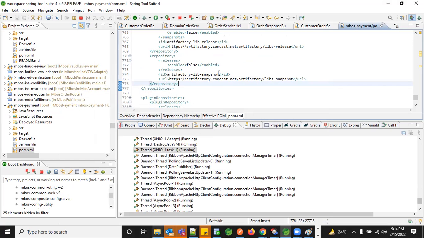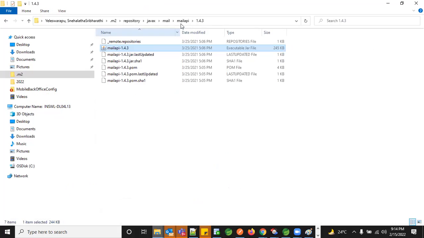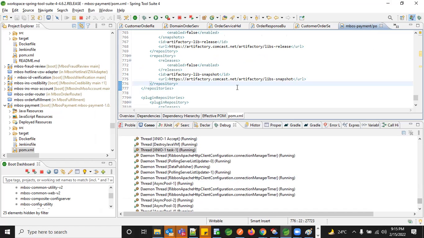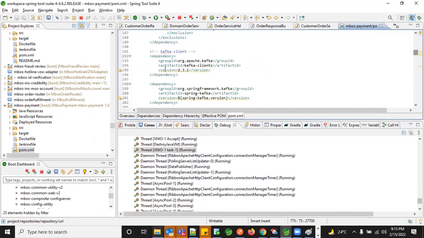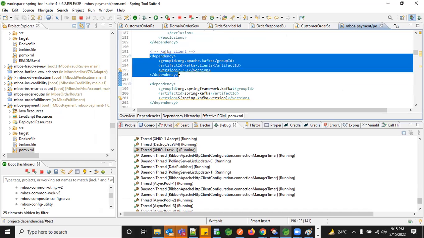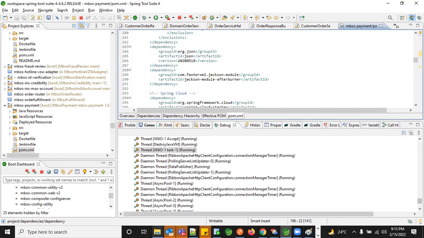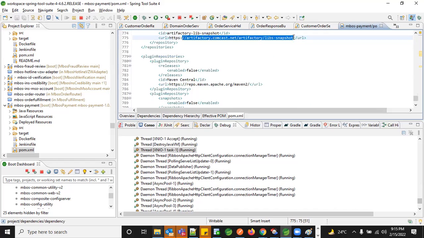Once you create it and you want to publish it, what we do is, say you're using mail API 1.4.3 jar, I go into that particular Artifactory, upload that jar, and give this path. And in the dependency, I'll just give the mail application path, so javax.mail, mail-api, and the version 1.4.3. That's it. This dependency will help me fetch the jar from the remote path which I have given in the repository. So I don't need to download it locally. It will take care when you run your application on the server itself.